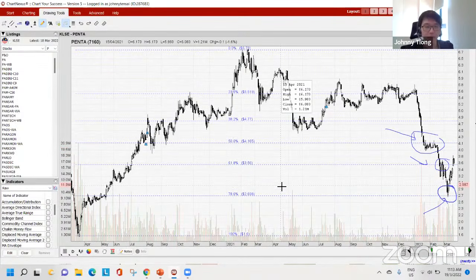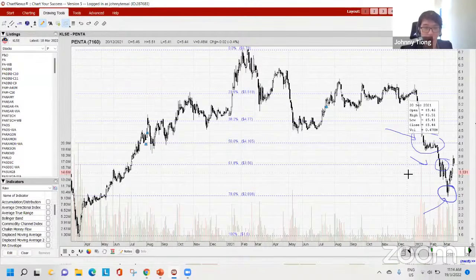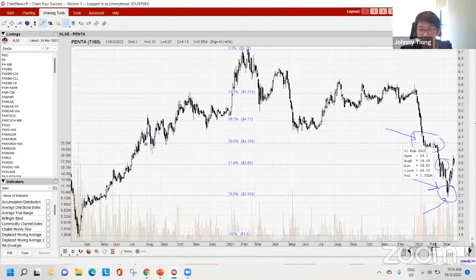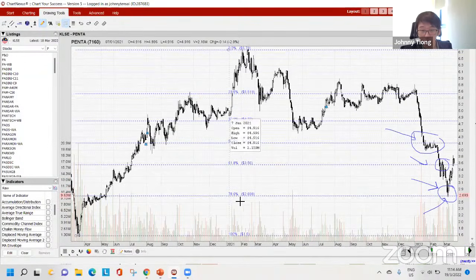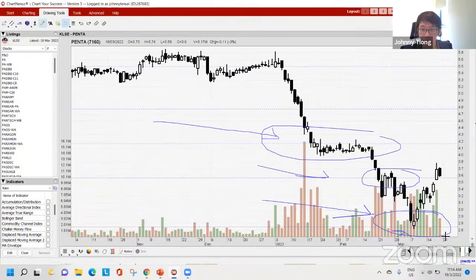So this is the good thing about Fibonacci. It can somehow tell us which is a support point and also the resistance. But it doesn't mean that it applies to every stock. It all depends on our strategy. So at 78%, it falls to here. You can see the support here, 2.7. It comes to this point and then it tries to rebound.